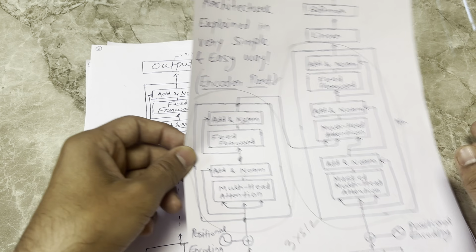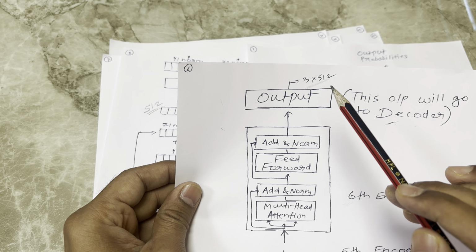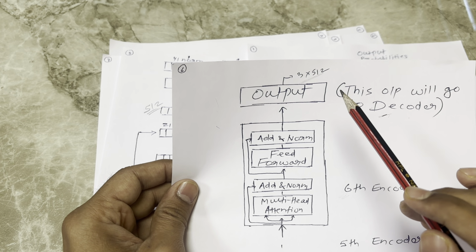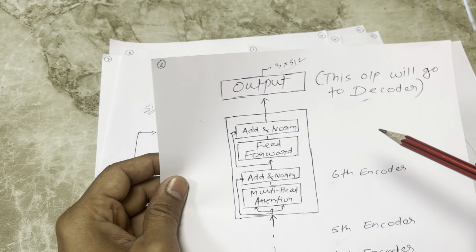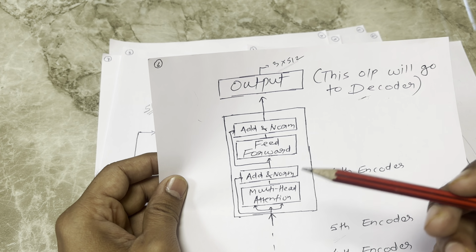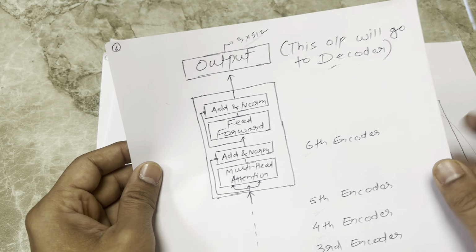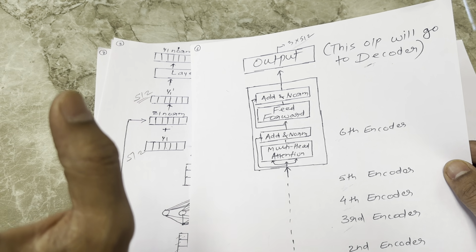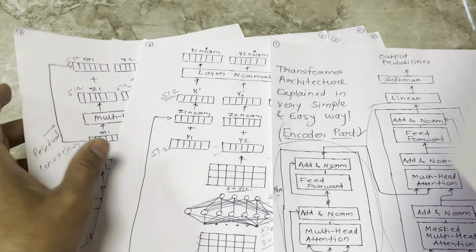When you leave this point, I told you, right, as a final output as well, you got what? A 3 cross 512 vector. So when you leave this particular point, you get 3 cross 512. Like this, when you pass through the last encoder block here, the output you get is 3 cross 512, and this is what you send to the decoder, as I've told you. So this is how